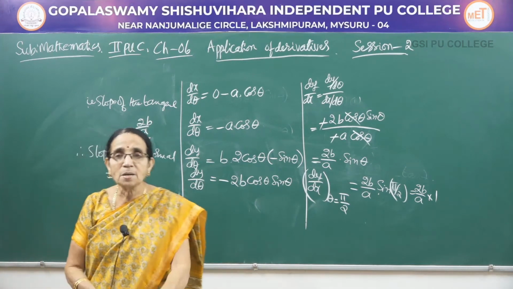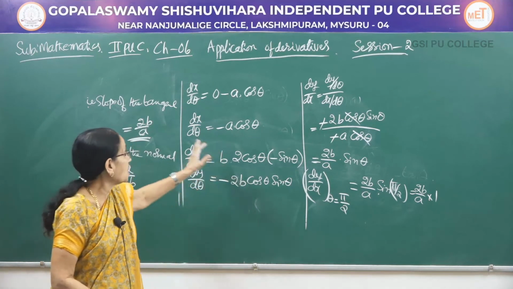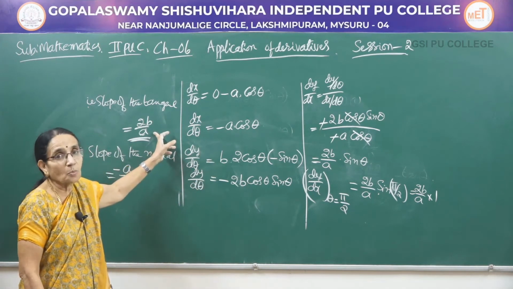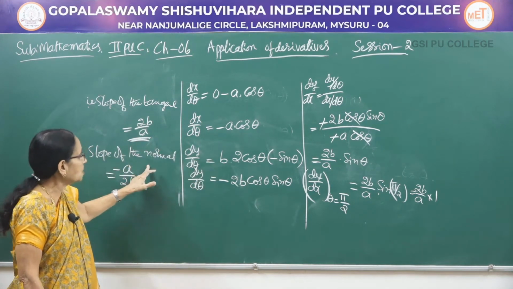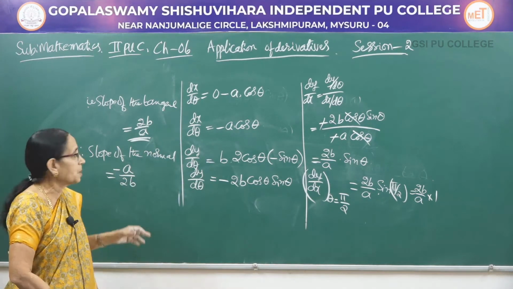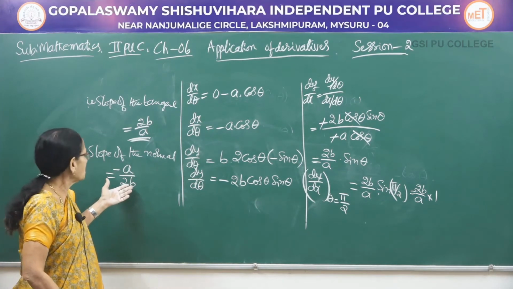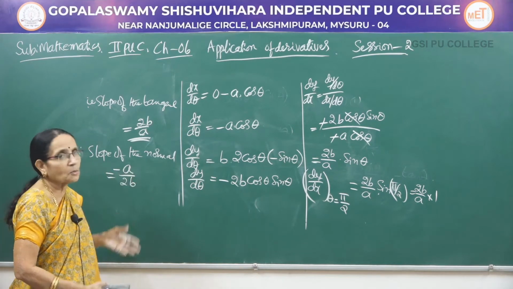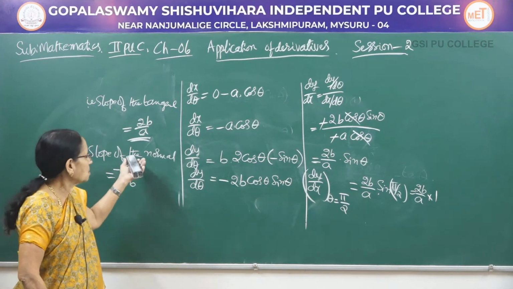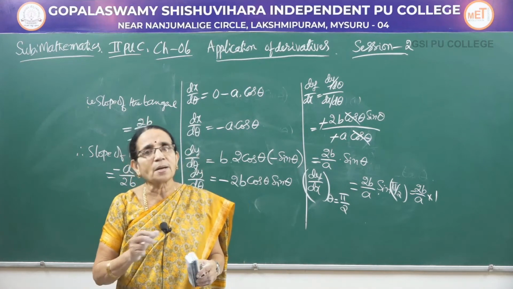It is minus a divided by 2b. So if you stop here, you will be getting only the slope of the tangent. From that one, you can get the slope of the normal, which would be equal to minus a by 2b. Of course, some condition would be given for b. Whatever may be the values of a and b, that value holds good here, because the slope is always the tangent ratio.